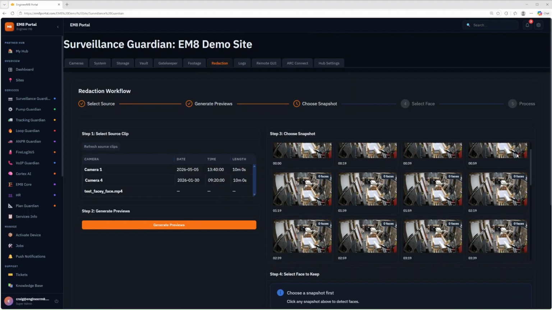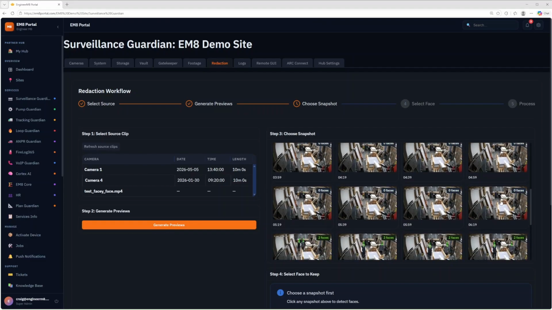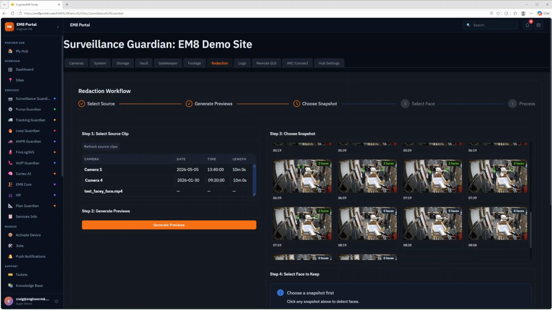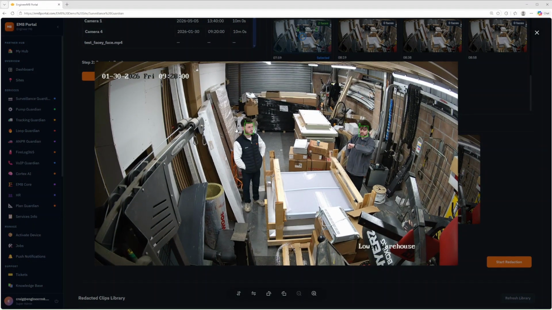You can see here there's no faces, but if we scroll down we can see a few instances where there are faces detected. So we'd click that, scroll down, and you can click to enlarge. See, the person on the left is person 1, person on the right is person 0. So say if we wanted to redact,